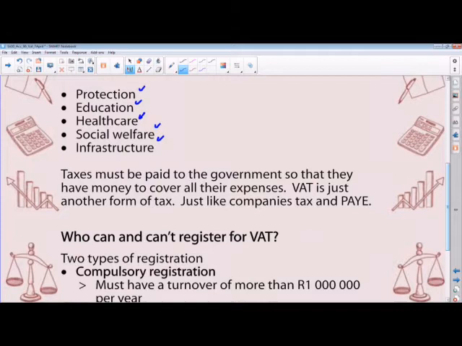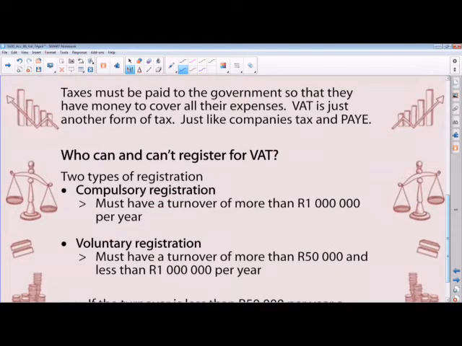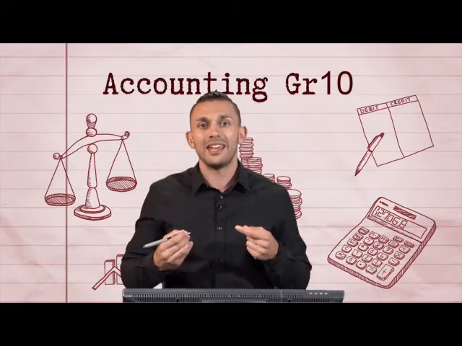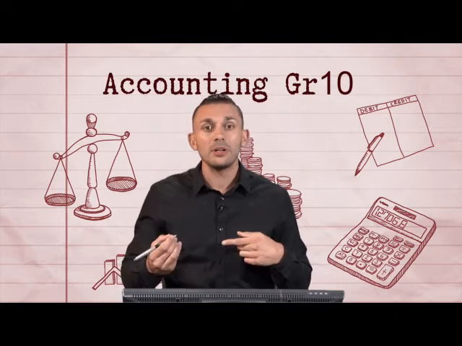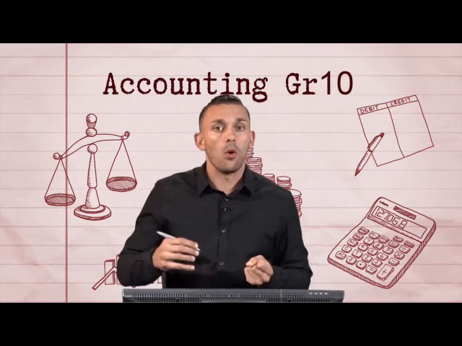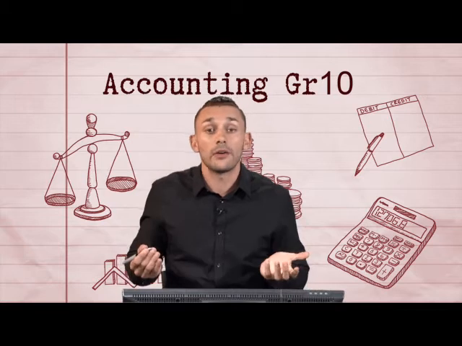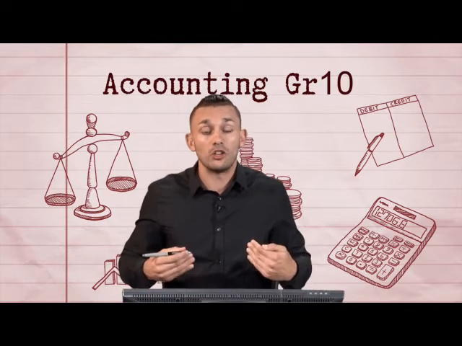We call it pay as you earn on your salary. Now let's go and look at who can and who cannot register for VAT. Now, very important to know, normally a business or a company will register to be a VAT vendor. So companies and businesses, even if it's a sole trader, which we're currently busy with, they will go and register